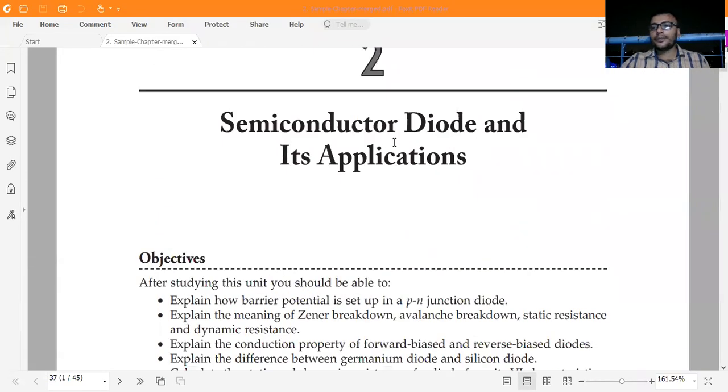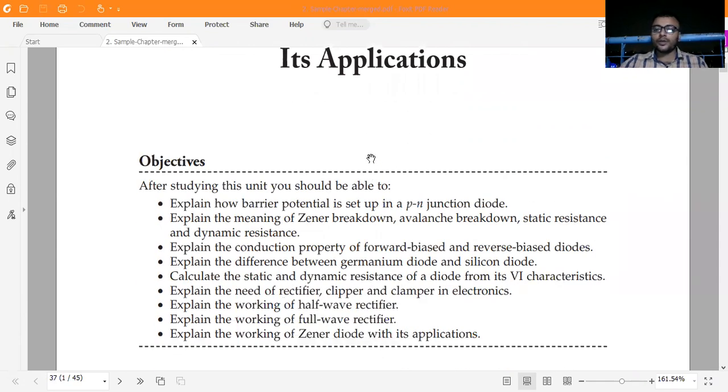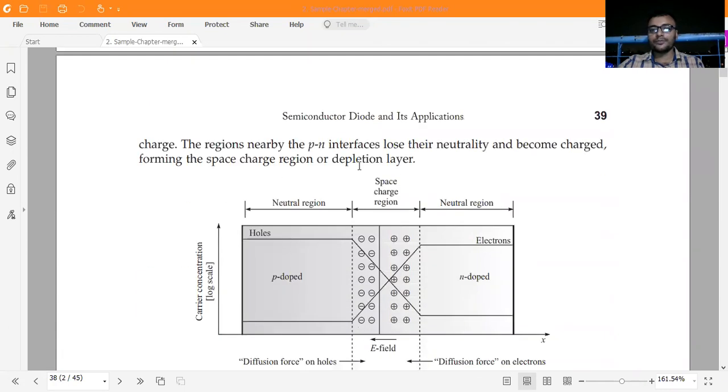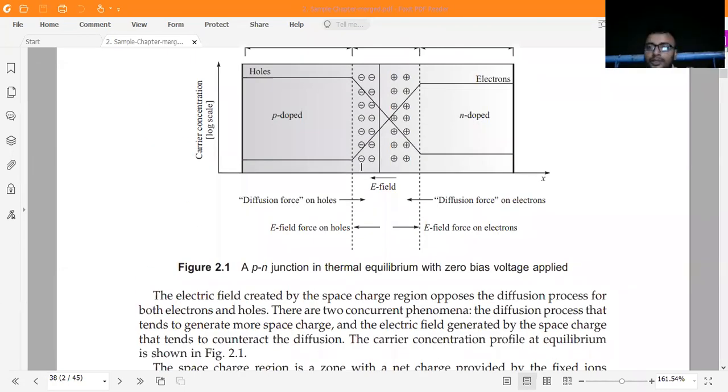Here in this chapter, we will see what the utility of the diode is for competitive examinations. First of all, we will look at some theoretical background, which is very important, and we will take care of only that theoretical background, and then after that we will go for some numerical questions. These are some basics.